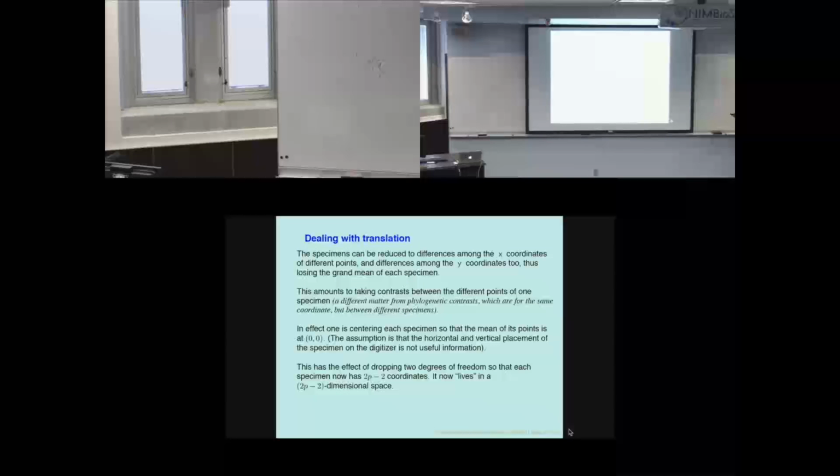So what it amounts to is saying that what's meaningful horizontally is taking contrasts between points. Now, this is not the same thing as a phylogenetic contrast, because we're not talking about differences between specimens on a tree. We're talking about differences between points in one specimen. And so phylogenies don't get involved in it. So you're centering so that the mean of the points is at 0, 0. That's a common way. It's not the only possible way. And you're dropping 2 dimensions, an x and a y, and now you have only 18 numbers,